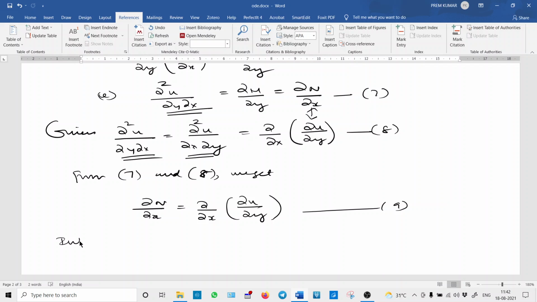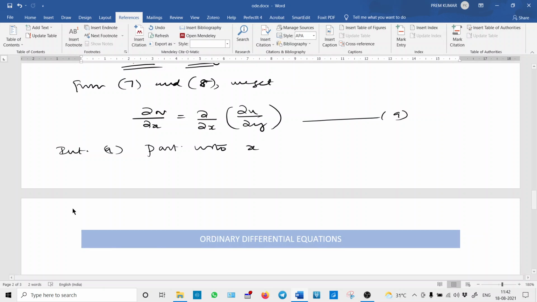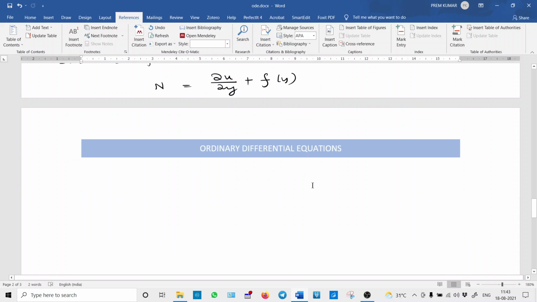Now integrating 9 partially with respect to x. So what happens? On the left hand side we get N. On the right hand side, partially integrating with respect to x, we get ∂u/∂y. Since y is kept constant while integrating, the constant itself we can put as some function of y. We don't know what it is. Instead of a constant, we put a function of y, because y is treated as a constant in that integration. This is number 10,